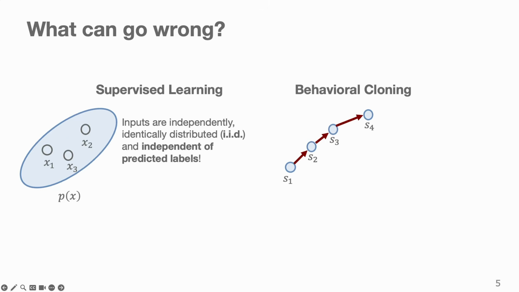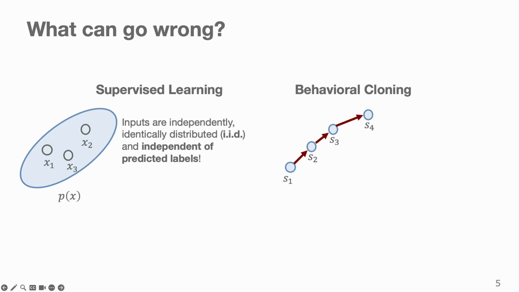Essentially, there are a few differences to supervised learning that we touched upon in some previous lectures, like the IID assumption. In supervised learning, as we said, we have this IID assumption over the inputs, that they are independent and identically distributed. This means that your inputs X are independent of the labels we predict. So if you're classifying images of cats, your prediction for image A does not change the content of